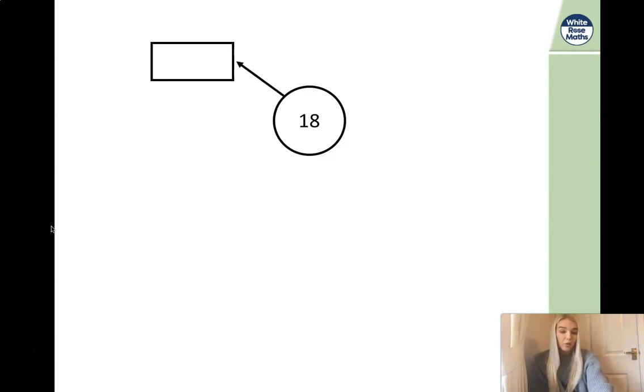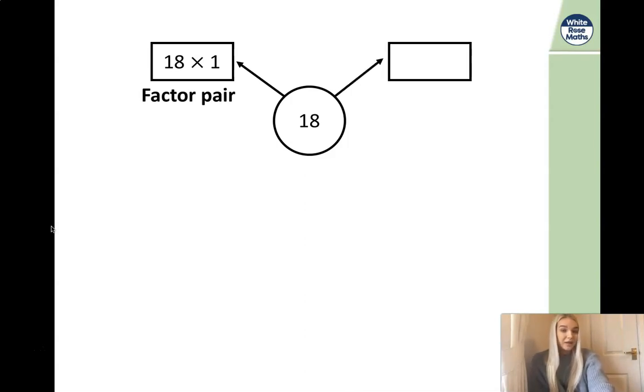We know that 1 is always going to be a factor of a number, and that means this time the factor pair will be 18 and 1, because 18 multiplied by 1 is 18. If we keep going in order like we did before, we can have a look at the number 2. Year 4, is 18 in the 2 times tables? Well done. So we know that 2 is going to be a factor of 18, but we just need to